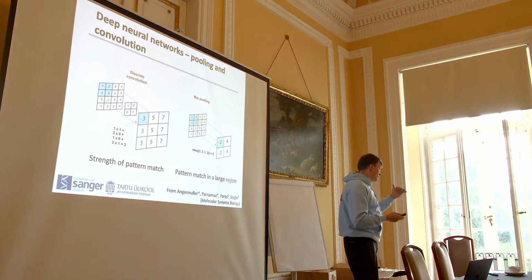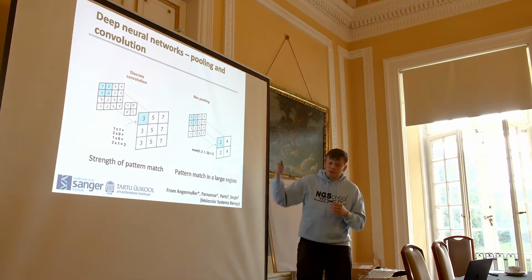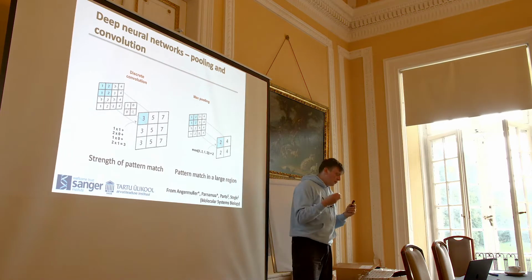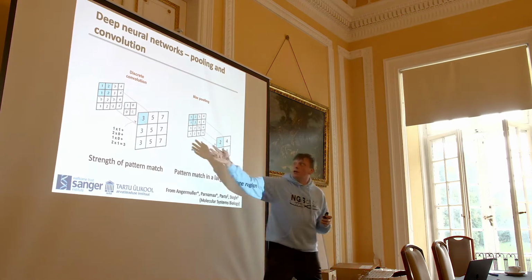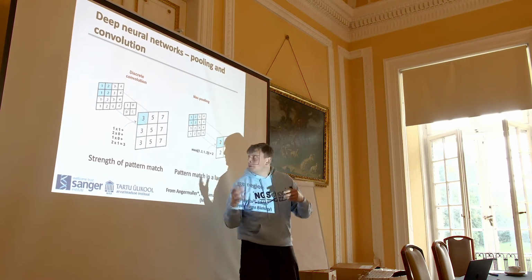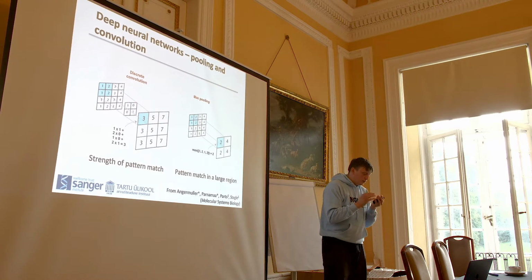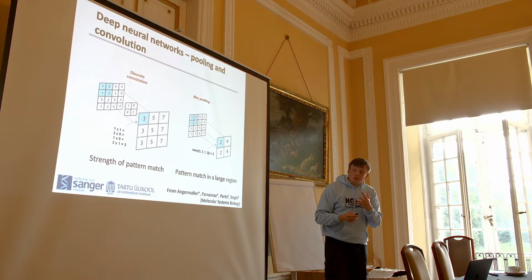And the next layer gets information about the strongest pattern match, but in a lower dimensional way than you would have here. So this allows you to play with the dimensionality of data. Here, you can add more neurons, more filters to have a richer representation of the input. And here, you condense that richness down to a small number of variables that you can then use in a more dense way, let's say.